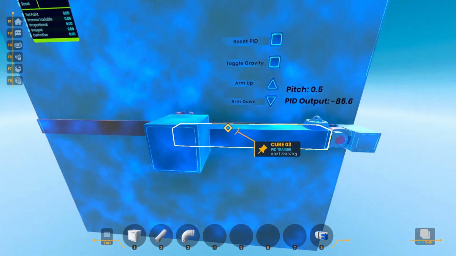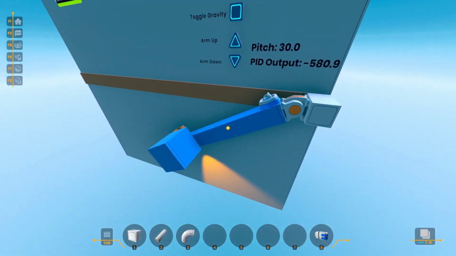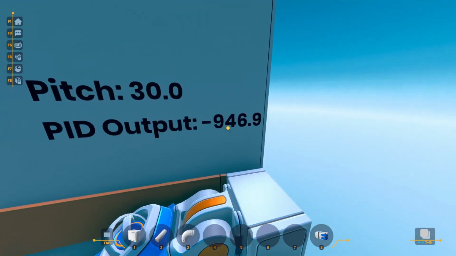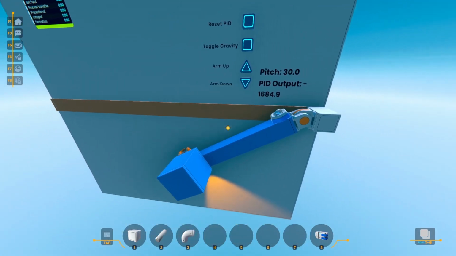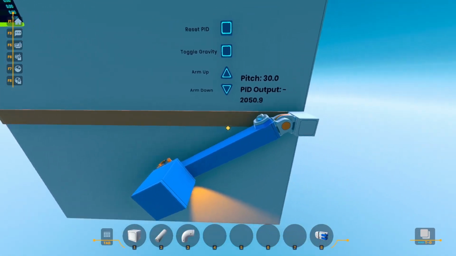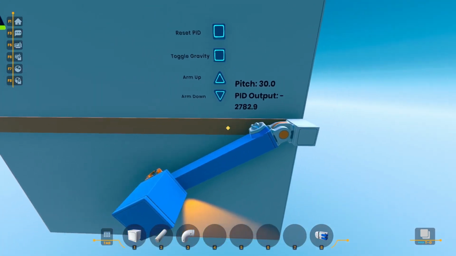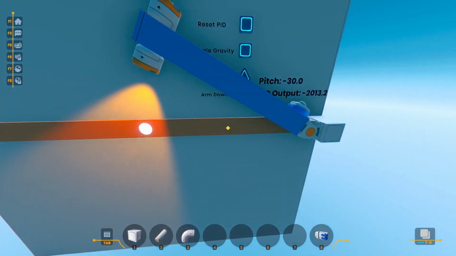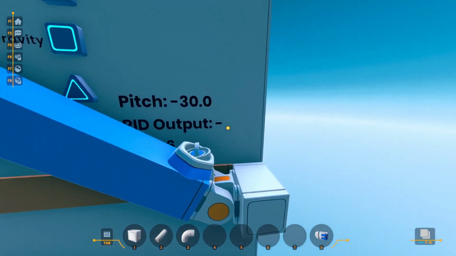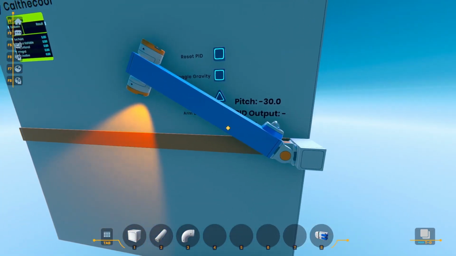You have to be careful though, because if you're in a situation where it can't adjust enough, the integral will keep adding values. And this can lead to some problems. Say if your drone flipped over and it was just adding a bunch of integral like this, it'd be bad, because then you would walk over and you'd unflip it, and then it would freak out because the integral value is adding a ton. In this case, it's fine because we can just wait and it eventually will level out,